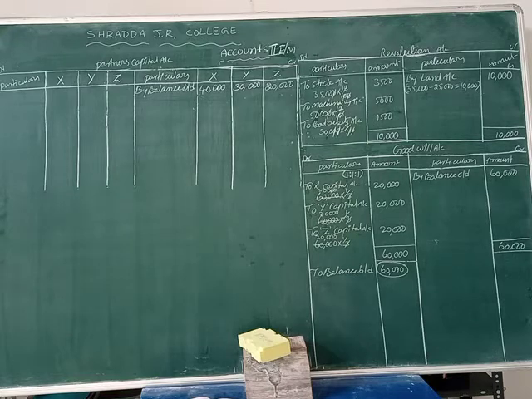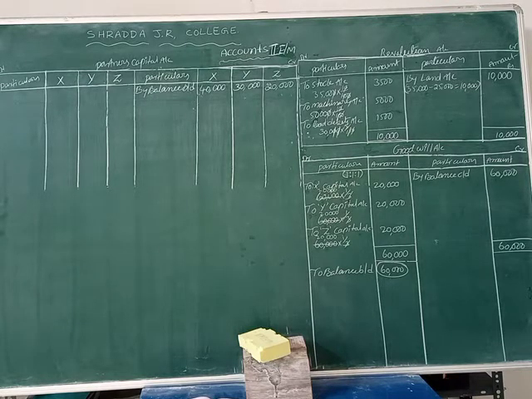That's why we can take only two members. Here there are three members, so we can take three members with an opening balance. That amount is 40,000 for X, 30,000 rupees for Y, and 20,000 rupees for Z, students. Okay now, don't get confused here. Here is a retained partner, and there is one more partner who is retiring.